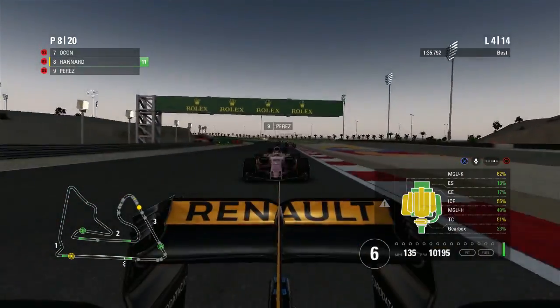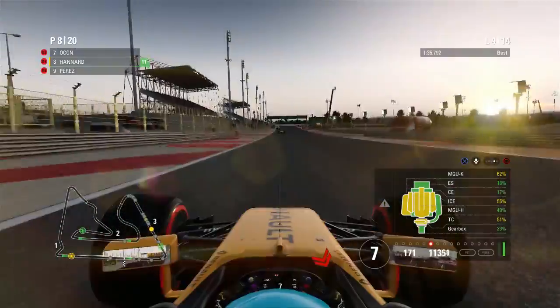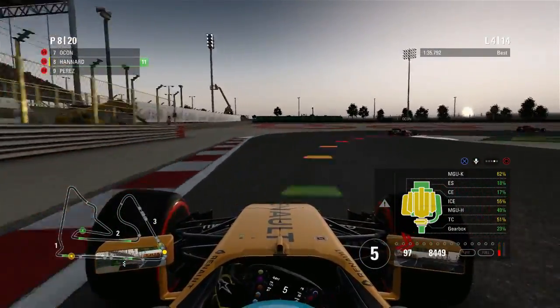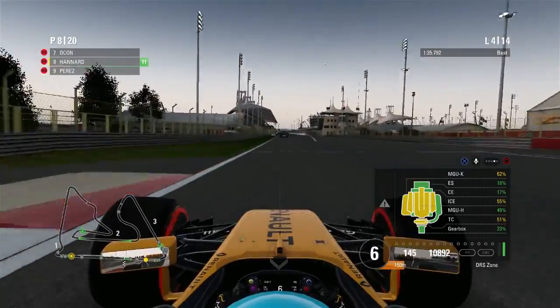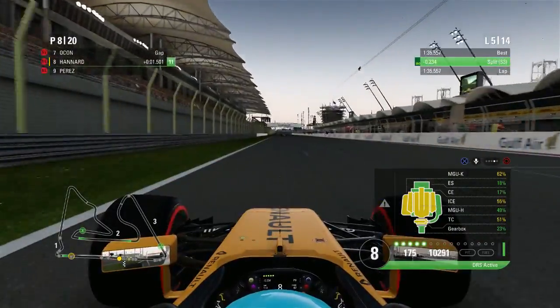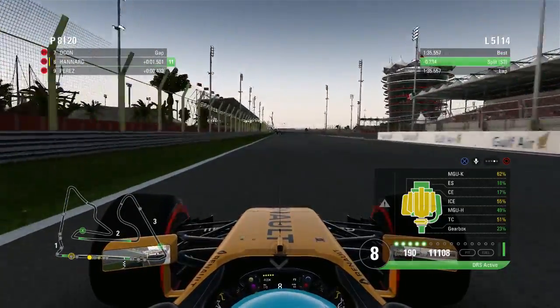And we've got Sergio Perez right behind us here. I don't think we're going to be able to defend this time. He's having a look down the inside. He's going to have the DRS as well on this straight. We're going to give him some room, although he has backed out of it. And now we are able to just hold him off. We have got the DRS for some reason. I'm assuming that's because Perez was ahead of us on track